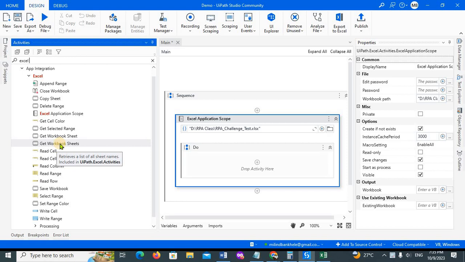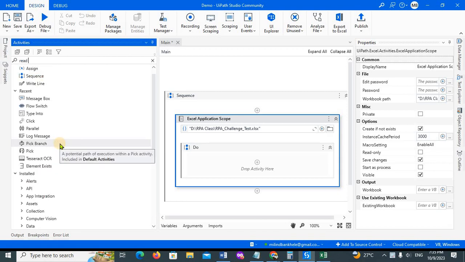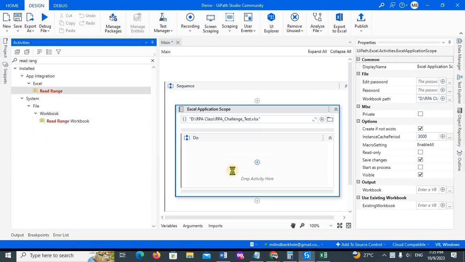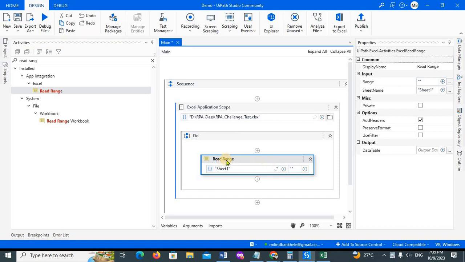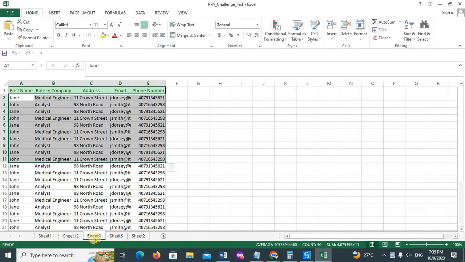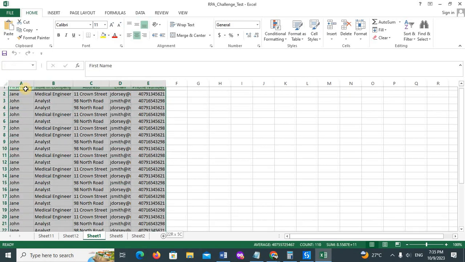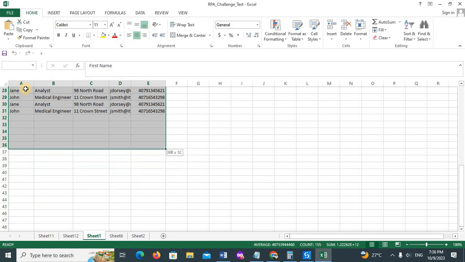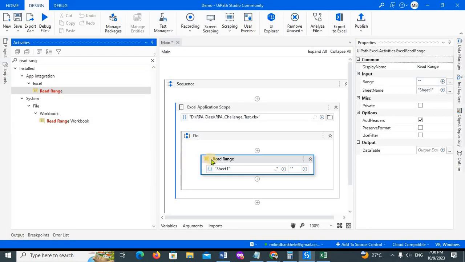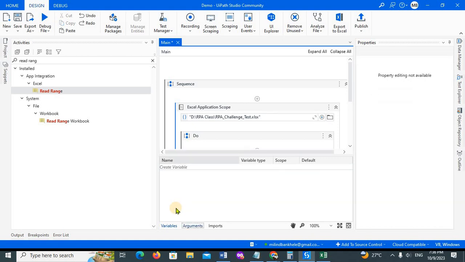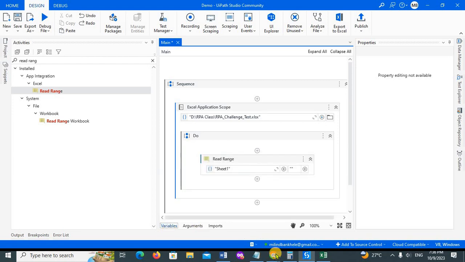Okay, so first, what do I need to do? I need to create a data table. For that, which activity do we need to use? We need to use the read range activity. Here I am using the read range activity, and here we have sheet 1. In this sheet 1 we have this Excel file, or you can say spreadsheet, which has 30 records with me. Okay, so once I create this data table variable, I'll create one data table,